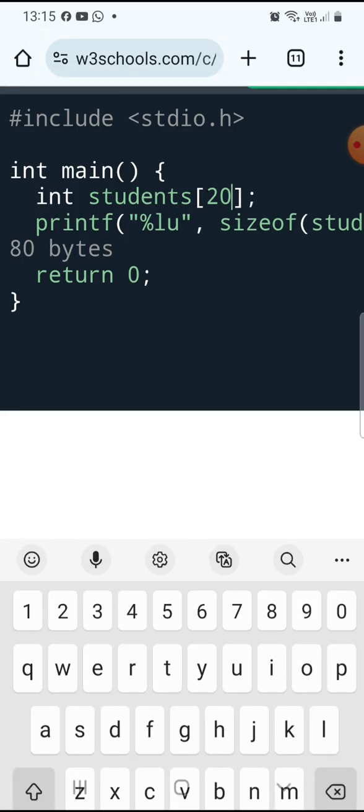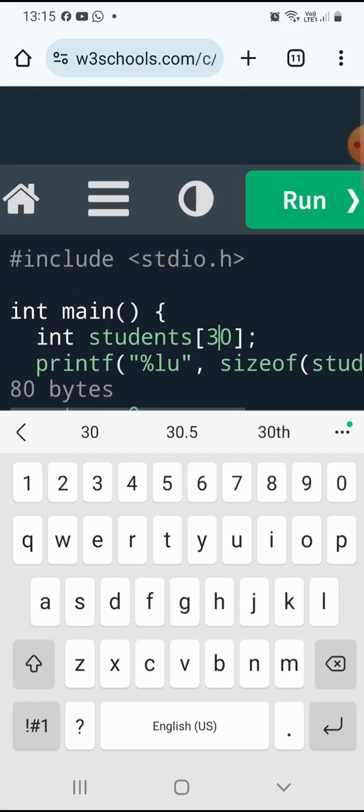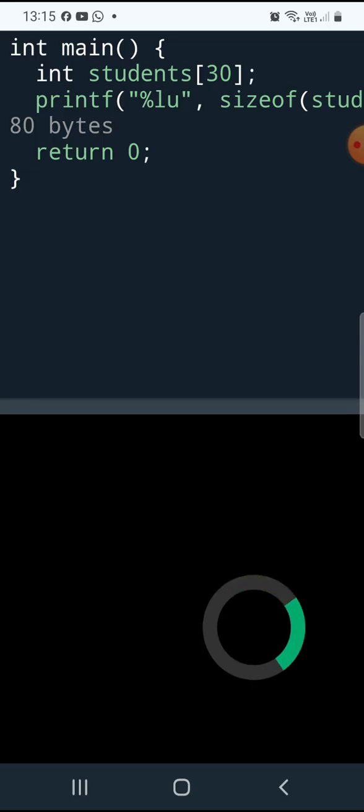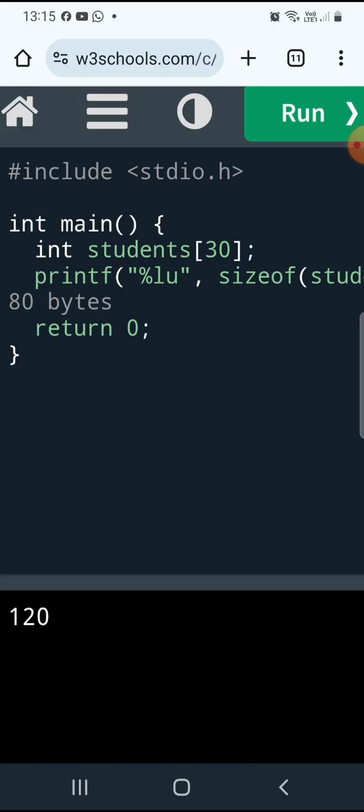If I change this to 30 elements, so ultimately 30 into 4 bytes, 120 bytes of memory will be allocated. This static memory will be allocated. As I told you, how much memory is to be allocated depends on the type of memory. If the memory is allocated at compilation time, static memory will be allocated. At execution time, runtime, dynamic memory will be allocated. So how much memory is allocated depends upon